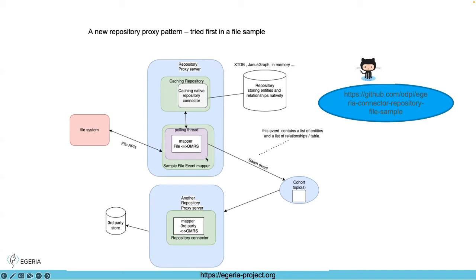Entities, as you're probably aware, and Lupcho showed you the picture of how entities fit, are the sort of objects, the things within Egeria that are connected by relationships. So we create entities and relationships representing the assets on this file system, so the files. And that's done in the event mapper. So every polling interval, we see if anything's changed on the file system, grab that content, change it into the open format, the Egeria format, and then we send out a batch event.